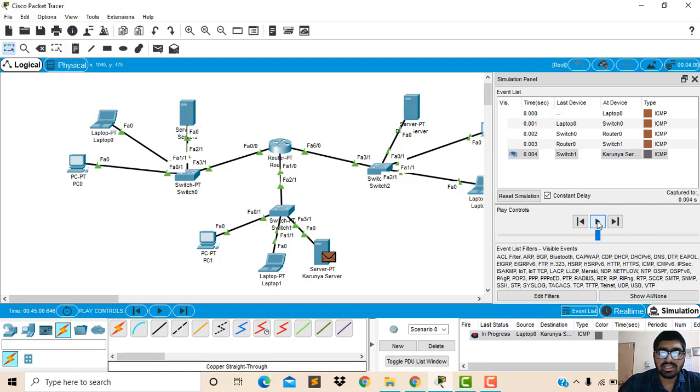The user has entered some information from the laptop, and the information went from the first switch to the router, from the router to the second switch, and from the second switch to the Karunya server to communicate and access the information from that Karunya server. Then the server is giving the user's information to the laptop.